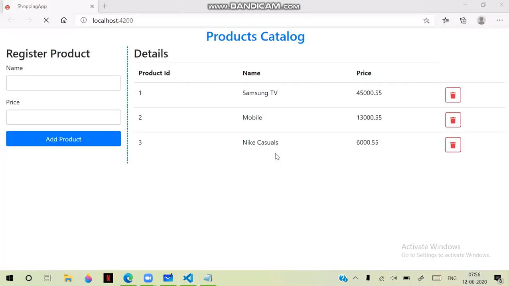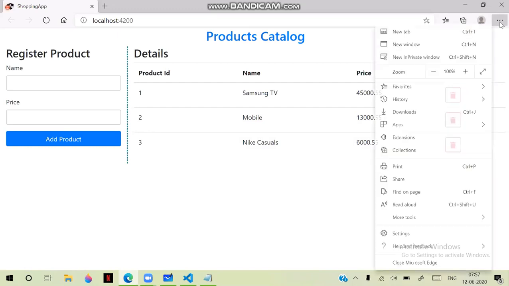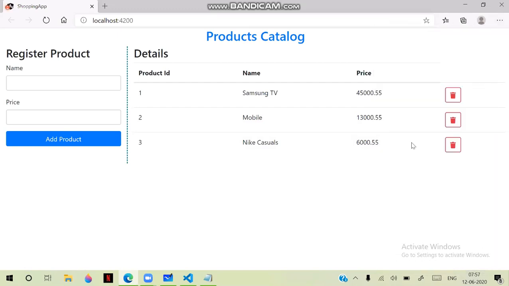But important now is, when I click on delete, what should happen here is, it should delete this particular product. But the key point you need to understand here is, generally when you are handling this,